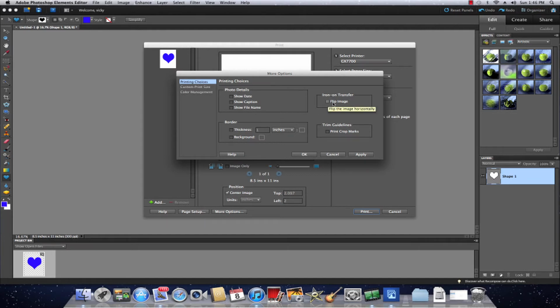If you flip it here, you're only flipping it for the one document. And with every document thereafter, you would have to flip the image. So decide how you want to do it. If you flip it on the driver, it's a permanent setting. It will flip every time. And so to unmirror the image, you would have to come in here and flip it so that it contradicts